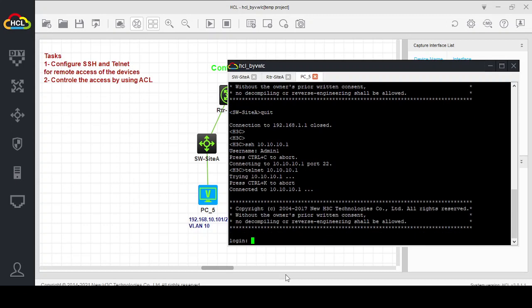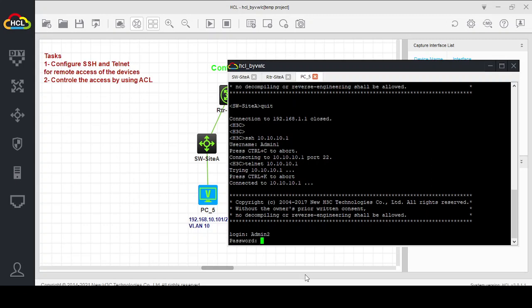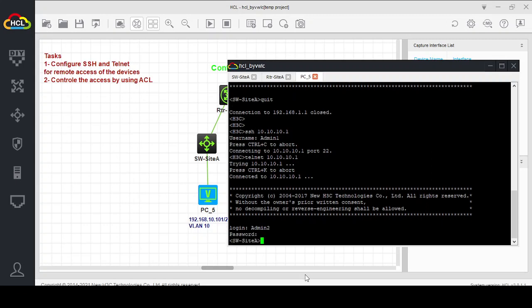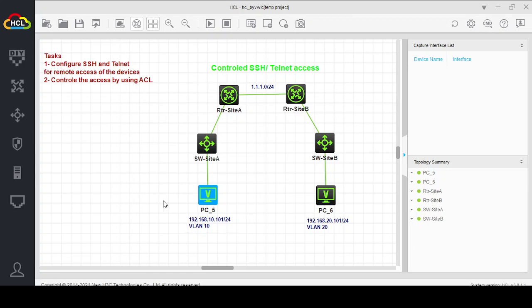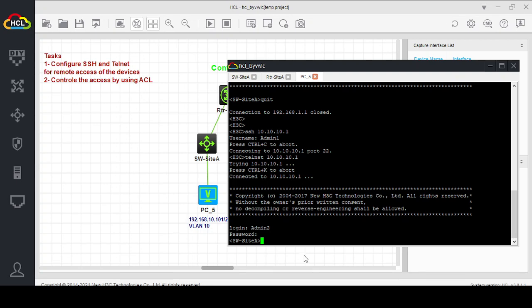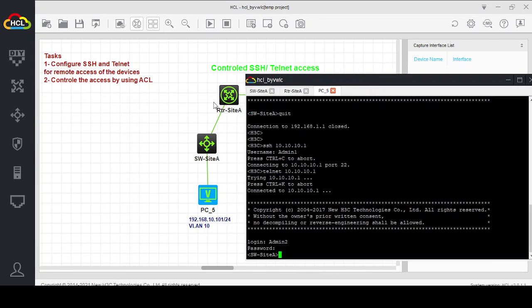Yes, I am able to access this switch through Telnet, as we have also enabled Telnet access on this switch as well. Admin 2 was the user for Telnet and root@321. Yes, this is the first portion of the network. Now let me show you whether I am able to access this